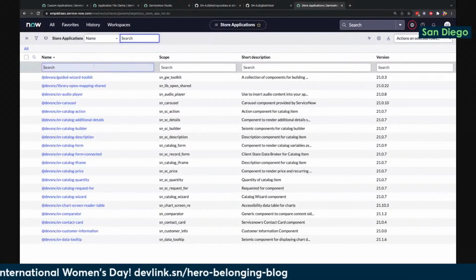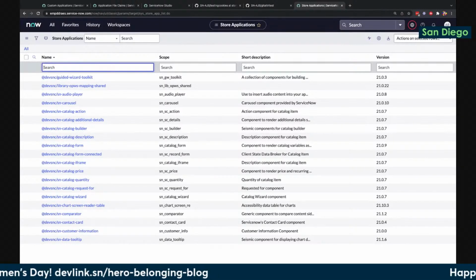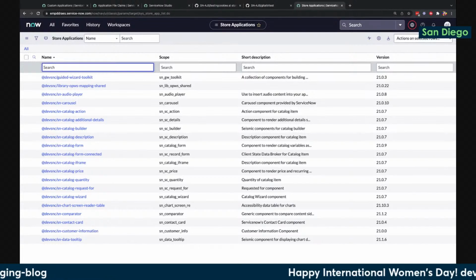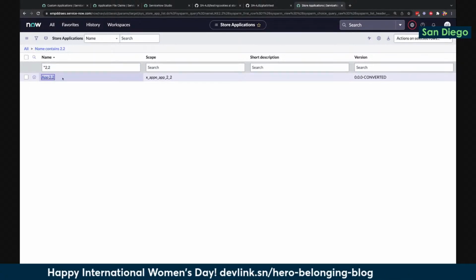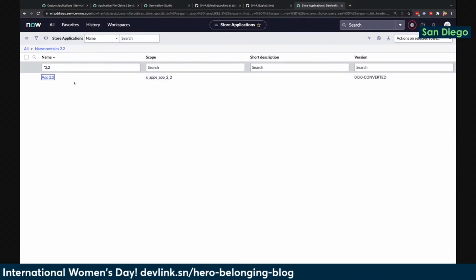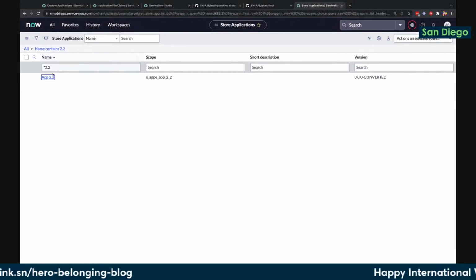So we should be able to now find, does anybody remember what that app was called? Yeah, 2.2. The scope had a 2. There we go. Hey, it was literally app 2.2. I really appreciate that. Thank you for remembering because I didn't remember the name of the app. And app 2.2 is not a very